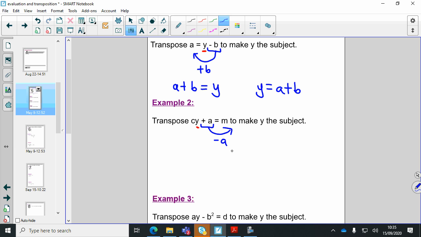So at the first step, this now reads cy equals m minus a. Notice it's m minus a, not a minus m. Okay, we are subtracting the a from the right hand side. Okay, so that's the first step. The second step is to think, well, what is the c doing to the y? Well, the c, because it's right next to the y, it's multiplying the y. Okay, so when we bring the c across,